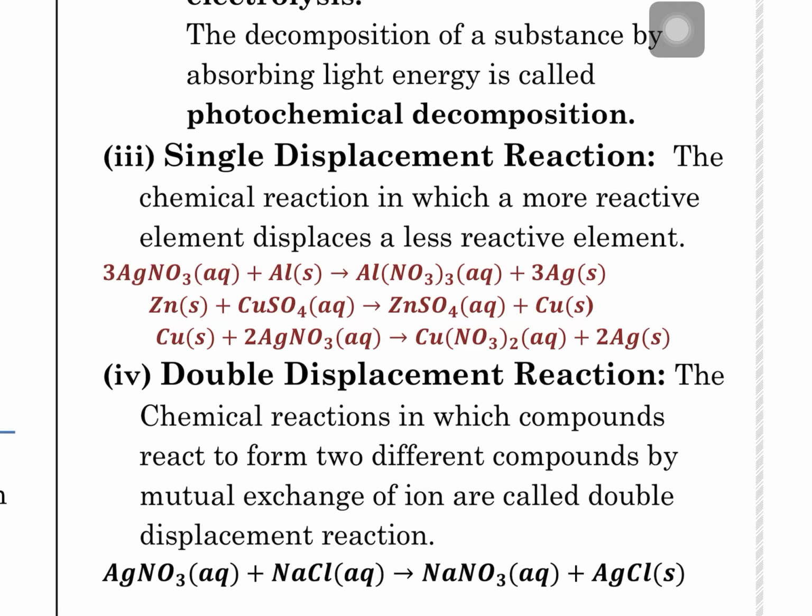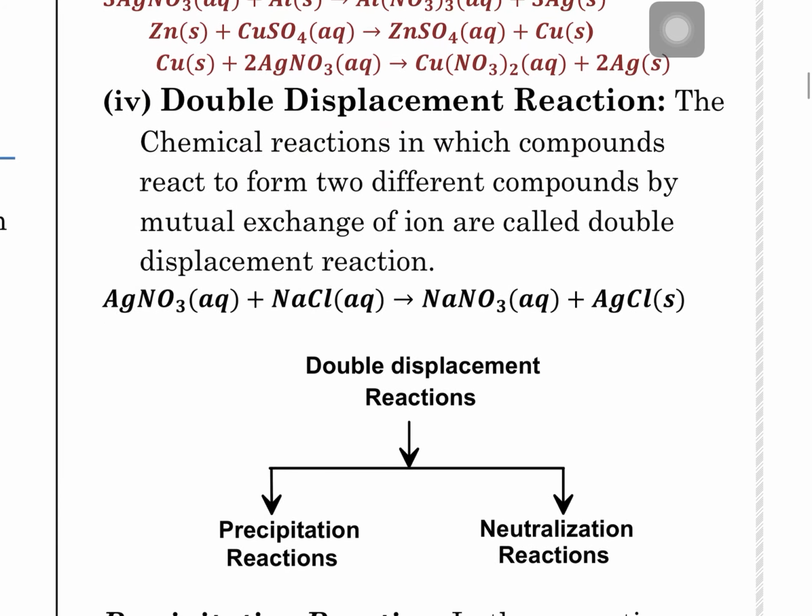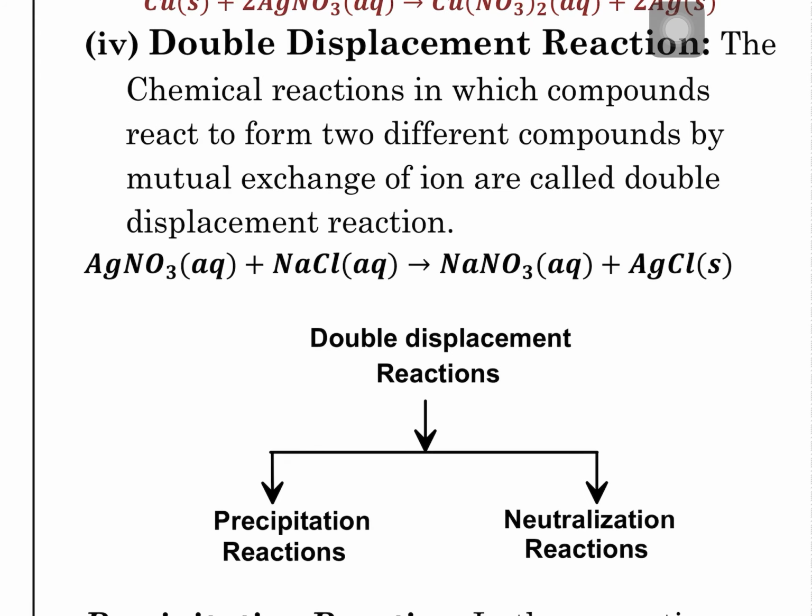Sometimes two substances are there like that. You may see here AgNO3, silver nitrate, reacts with NaCl, that's called sodium chloride. They are reacting. So Na is combining with NO3 and Ag combines with Cl. It means the salts have exchanged their ions. So we can say here double displacement, one displacing the other and the other displacing the first. It means one positive replaces the other positive and one negative replaces the other negative. Is that clear? You may see the next also.